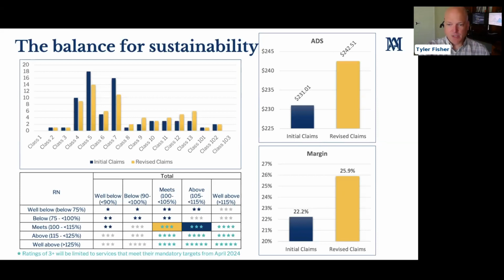To sustainably meet quality standards, we need to operate within our means, meaning avoiding financial losses. But striking that right balance involves using resident movements and reclassifications to adjust that case mix and to control the margin. So beyond just the average daily subsidy, the margin remaining after that subsidy entitlement offsets the care minute requirement, that's really the performance measure of effective AN-ACC management.